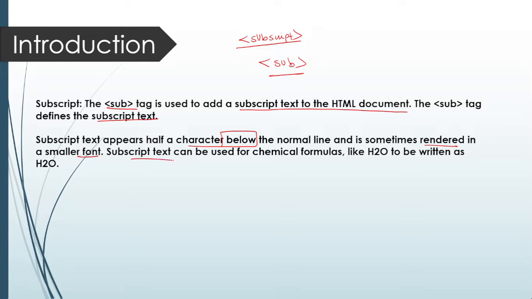And also subscript text can be used for chemical formulas like H2O, written with the 2 below the line. So here I want to tell you with the help of a simple example. If I want to write any chemistry equation, chemical equation, we always use what? We always use subscript. First of all, I would like to tell you that in lecture number 16, we